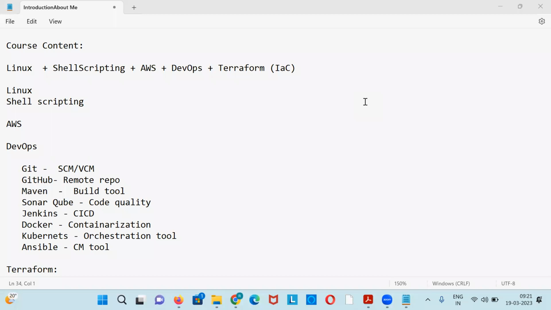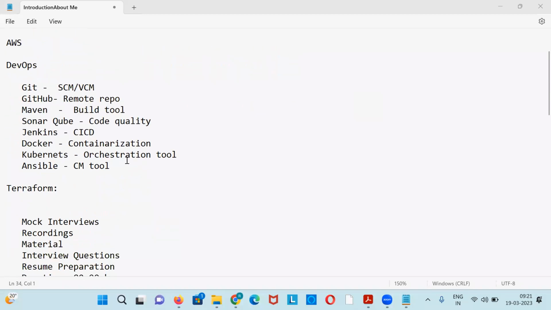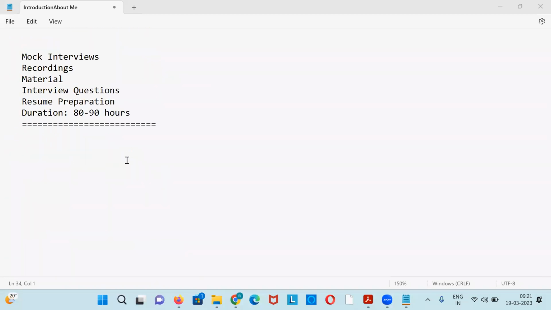One other small thing: what is the duration of this course? Your daily time is 1 or 1.5 hours, so how many days do we need? Mostly initially I will take 1 hour. Later, based on the requirement, I will take 1.5 hours, and weekend sessions will also be required. Weekends also I need to take.